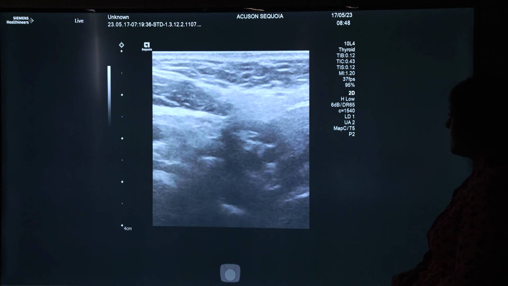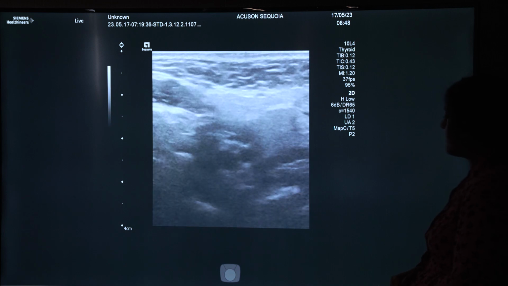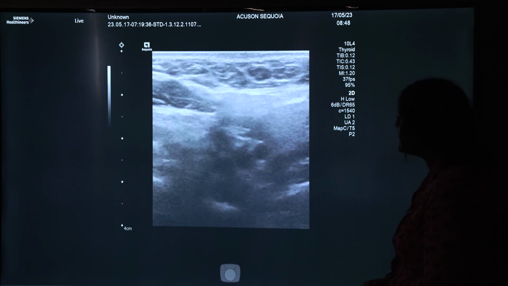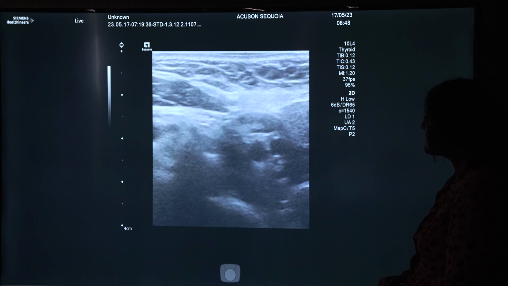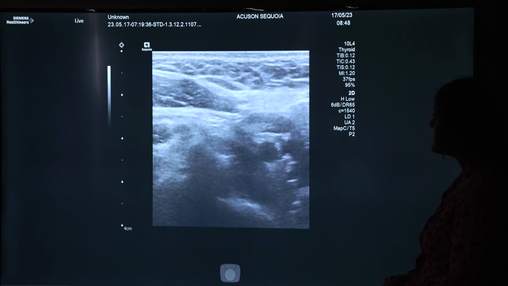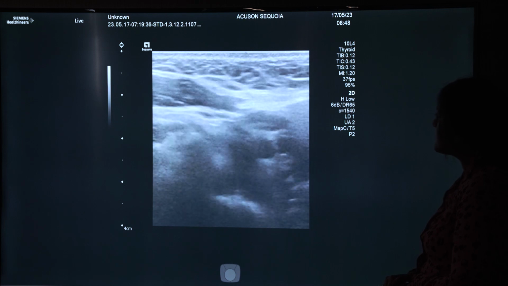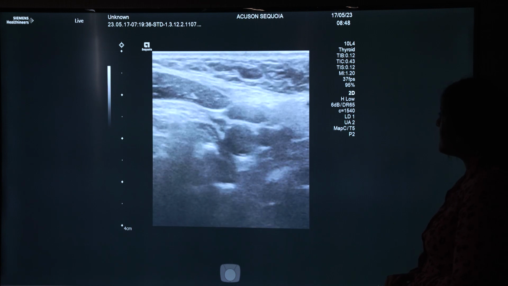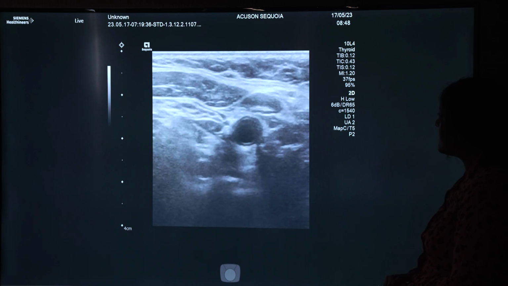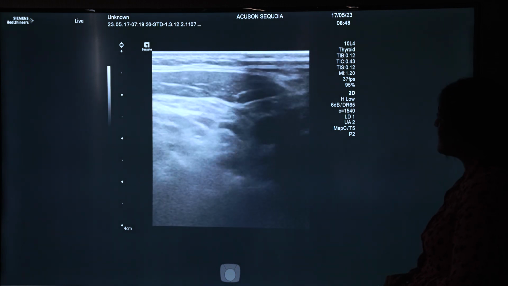So there's a level 2 lymph node. If I just scroll back and forth, you can see how it pops in and out of the image as we scroll through. That oval morphology and that fatty hilum, which is bright. And scroll down with the vessels in the center, level 3, and then